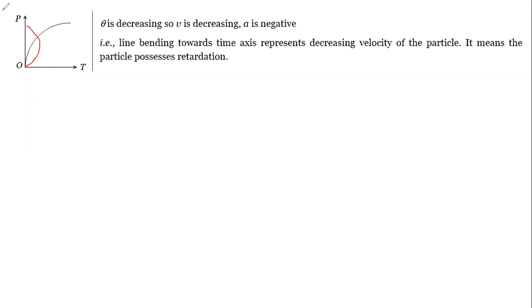And one more thing, what happens if it goes this way, let me just draw it till here where you have drawn the diagram. Like this one. These two graphs we already did, the inclined line. The third graph was where the angle is constant, so it is uniform velocity. Okay, we got it.